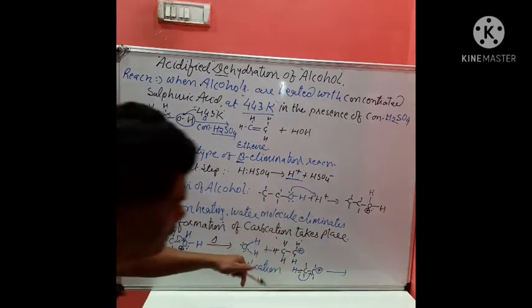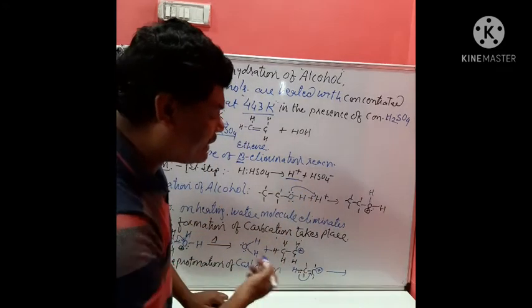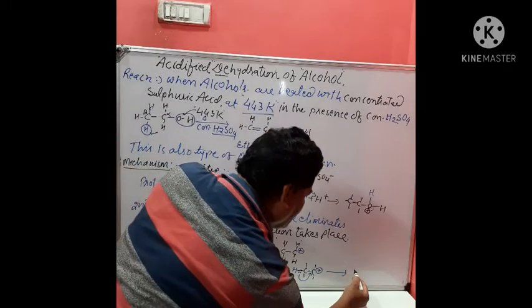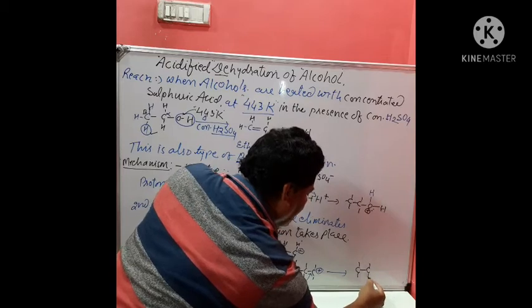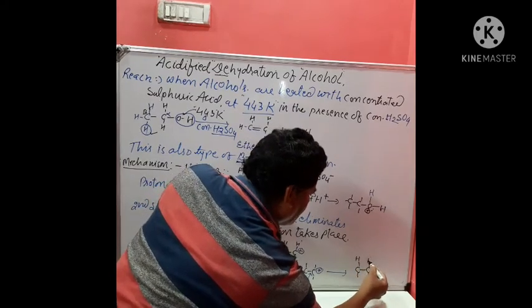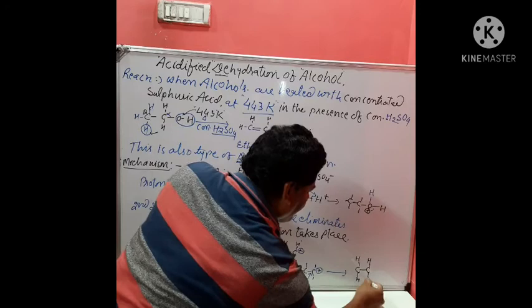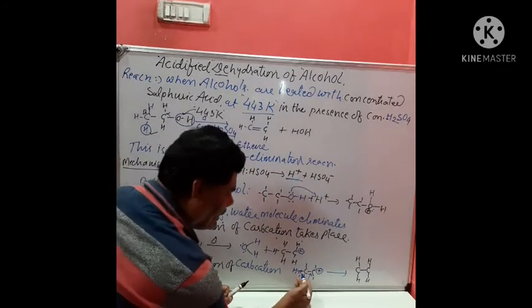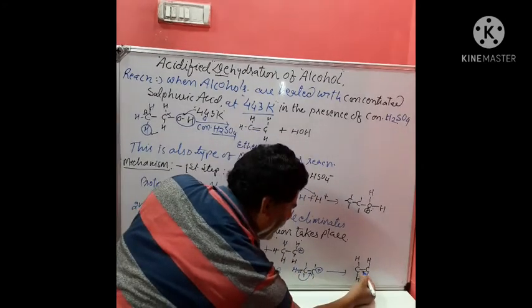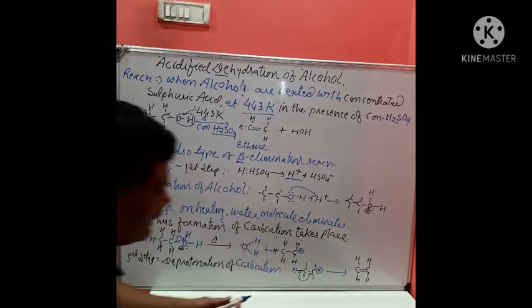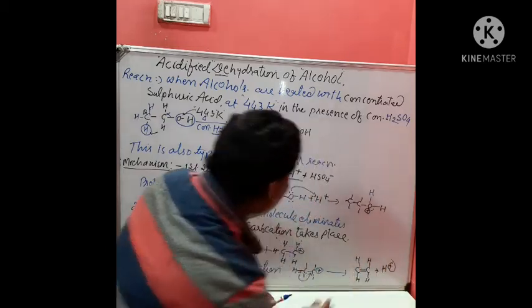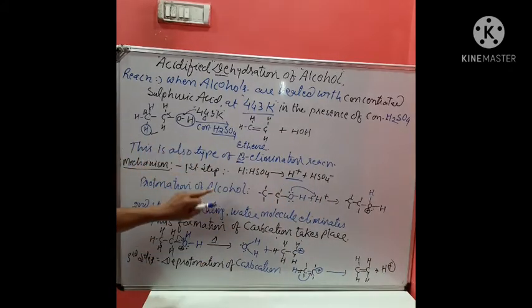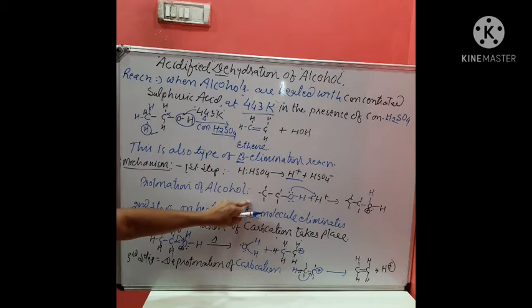Carbon. It enters between carbon and carbon. Thus now there is CH2, there is CH2 again, this is CH2, CH2. Now the bond pair will appear in the form of a pi electron pair, and thus the hydrogen cation is released, which now again enters the first step. So this is the mechanism.